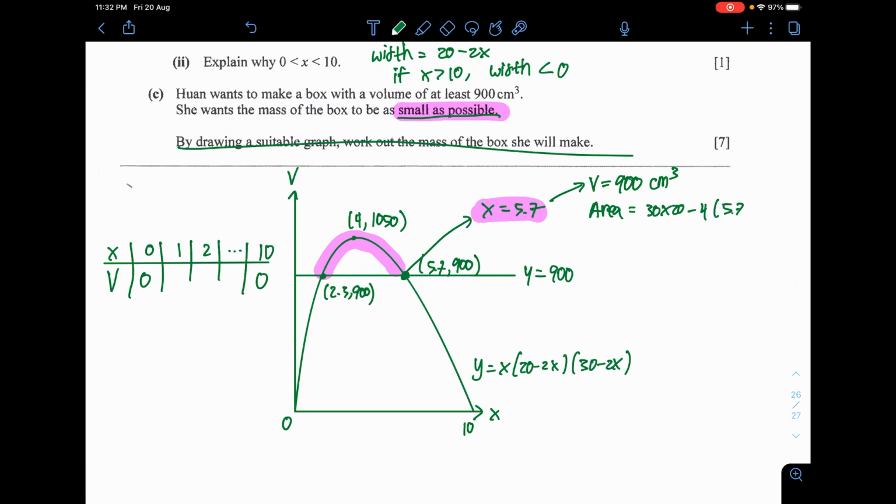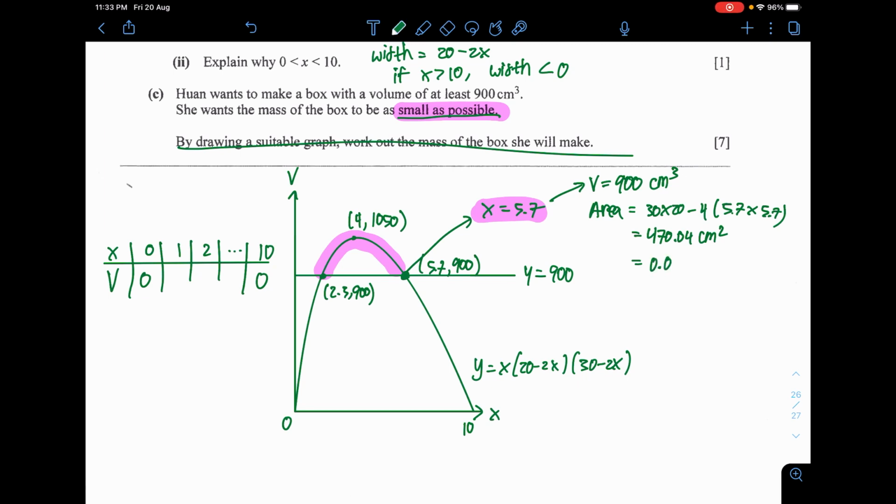The squares have the size of 5.7 by 5.7. What do you get here? You'll get the area as 470.04 cm squared, which is, sorry, you want to make it to meter squared,